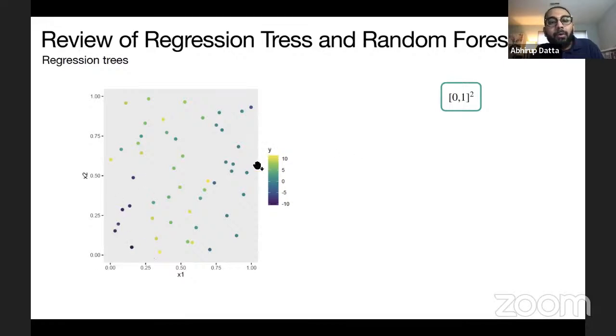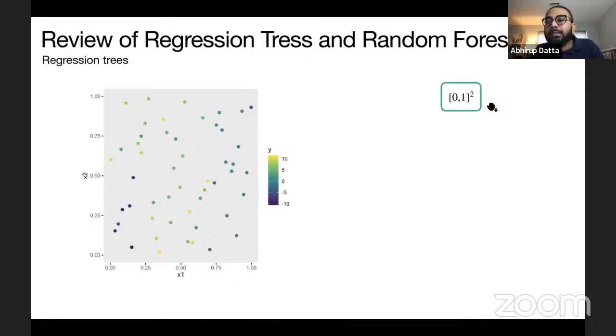Suppose you have an outcome y, and the color of the points gives you the value of the outcome y. A regression tree will estimate a piecewise constant function that best describes the relationship between y and x1 and x2.